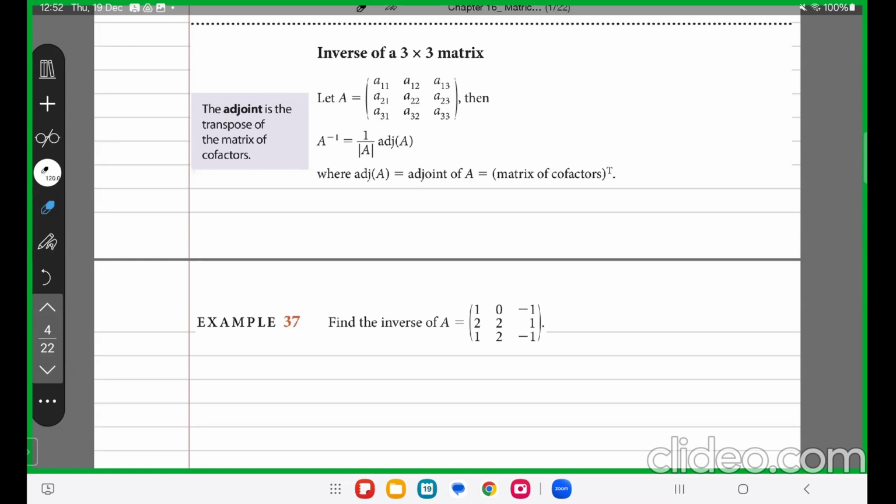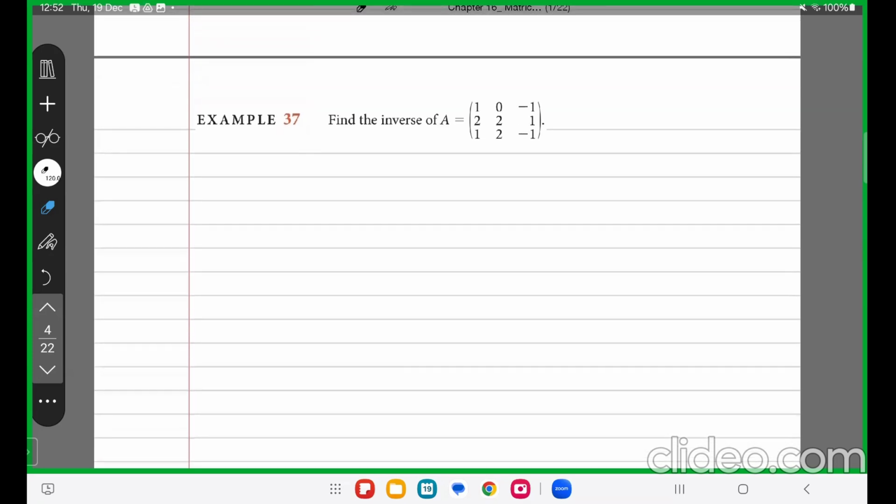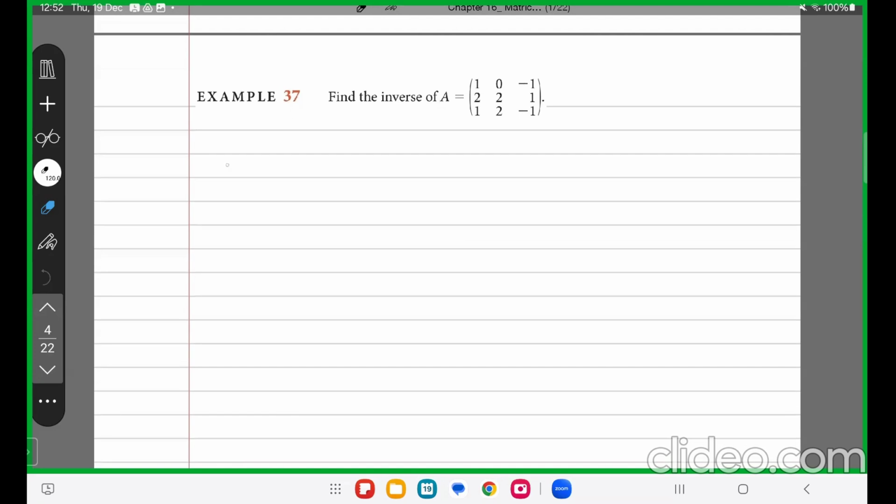So to find the inverse, one of the first things we need is the determinant. So let's just write it again. A inverse is equal to 1 over the determinant of A times adjoint A. So let's find the determinant. The determinant of A is 1 times